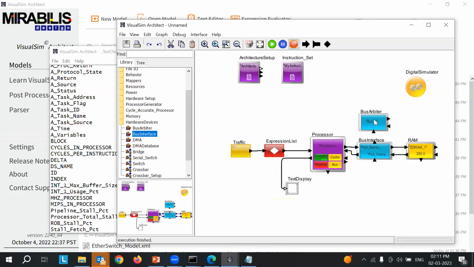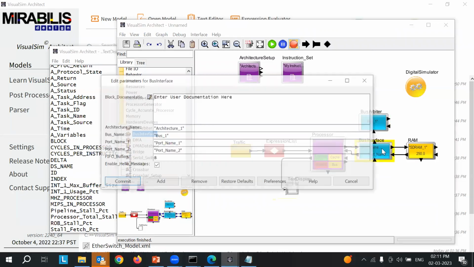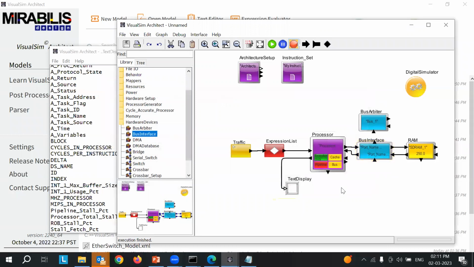And we can see this is the bus one. We have to make sure the name matches bus one, and here it says bus one. So all these bus interfaces correspond to this particular bus, and we have mentioned the port names. So this has port name one and port name two as the ports. So if I run this,